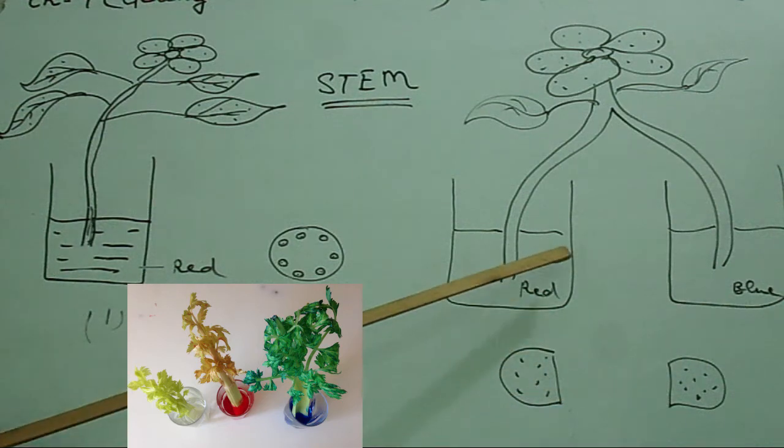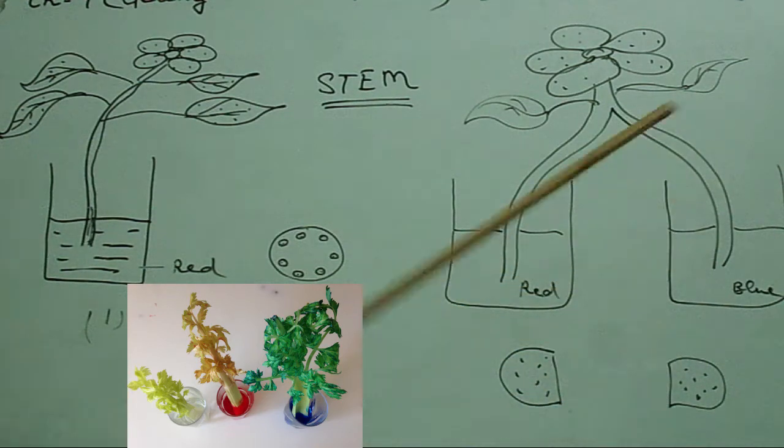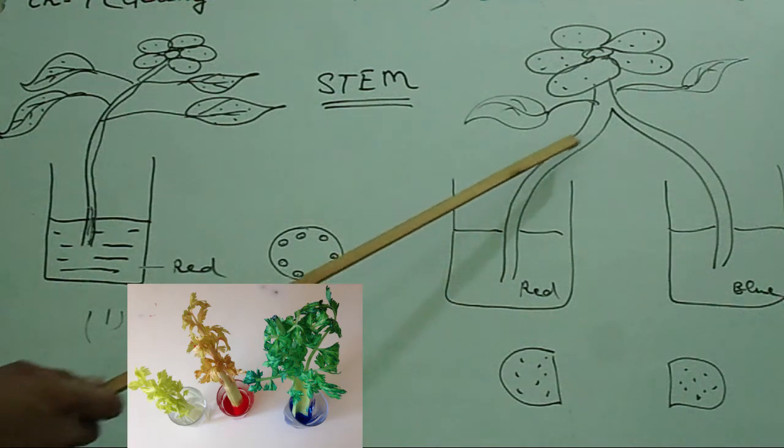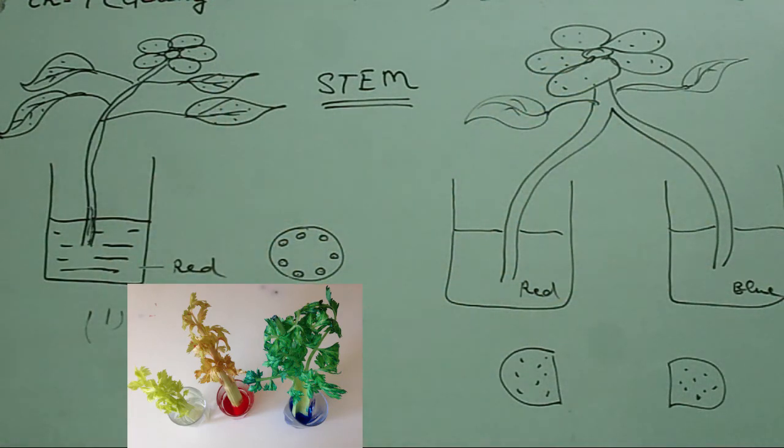So that indicates that water, whether it has any mineral or any dye, whatever it has, can transport all the substances that get dissolved in it. So this gives us the function of the stem: the stem transports water from the root of the plant to the leaves of the plant. And this water contains many minerals, and those minerals are necessary for the plant's growth. So this is about the stem.